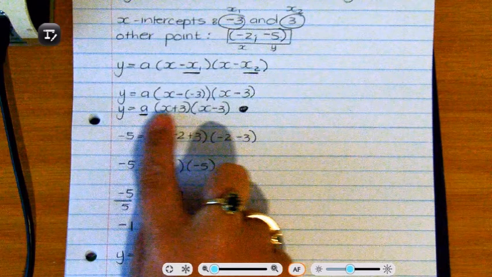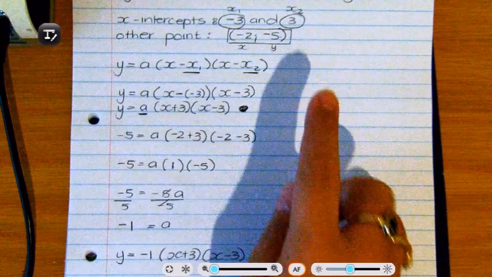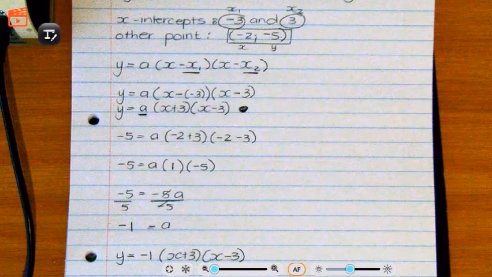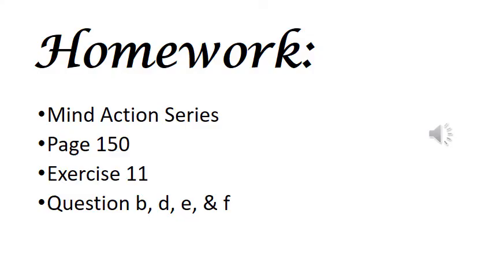So it's going to be x times x is x squared. x times -3 is -3x. 3 times x is +3x, and 3 times -3 is -9. I'm going to simplify that quickly. So y is equal to -1. I'm going to sort out that -1 last. I'm going to say x squared, -3x plus 3x. You see they cancel each other out. And I've got... All right, grade 10s, I hope that helped you and that you understand how to do the